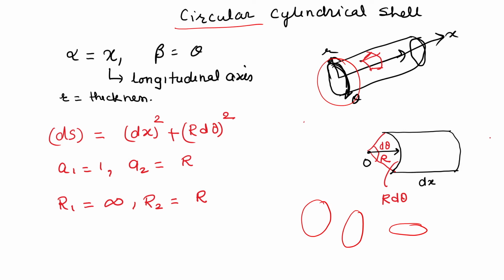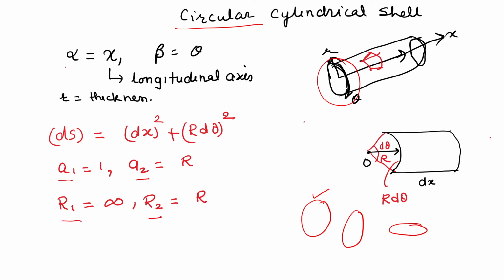Even I would like to say that the most simplified one is the circular cylindrical shell, and most of the analytical solutions are available for this case. If you want to go for a typical or a very different kind of geometry, definitely one can go ahead depending upon the requirement, but in 90% of cases, in our day to day life or in structural applications, it is the circular cylindrical shell. Odd shapes definitely one can try. For that you have to obtain proper A1, A2, R1 and R2.